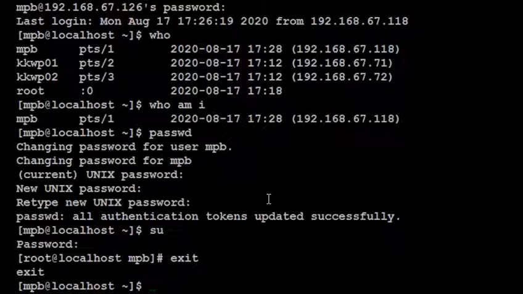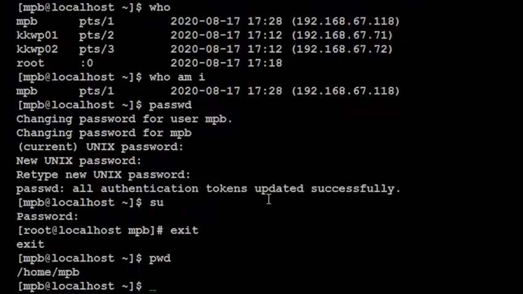The next command is pwd command. Pwd will give you the present working directory, that is, in which directory you are currently working, and by default it is your own user directory. So if my login name is mpb, my own directory is already created in the home directory of the Linux server, and that path will be shown here. Of course whatever files or directories I create, all will be stored in the present working directory. That path is displayed here.